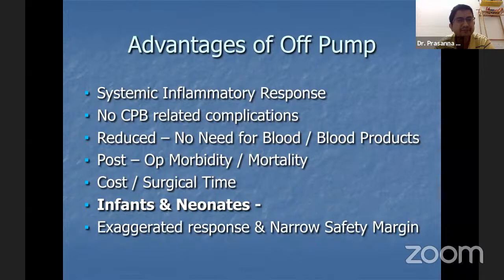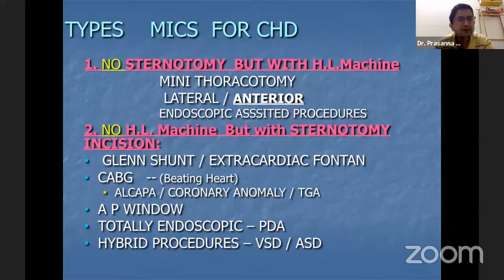narrow safety margin. So what are the types of minimally invasive? As I said before, there's no sternotomy involved, but we do it on a heart-lung machine. In that we do a mini thoracotomy, that is lateral or anterior, and endoscopic assisted procedures. And as I said, we have also extended this definition of minimally invasive to where we don't use a heart-lung machine,